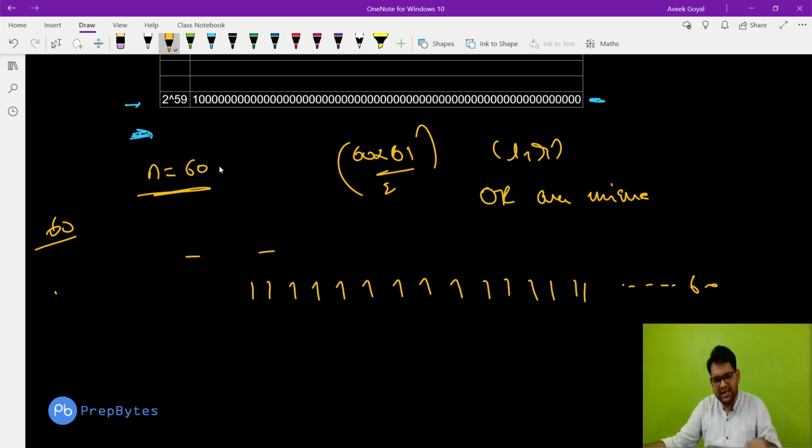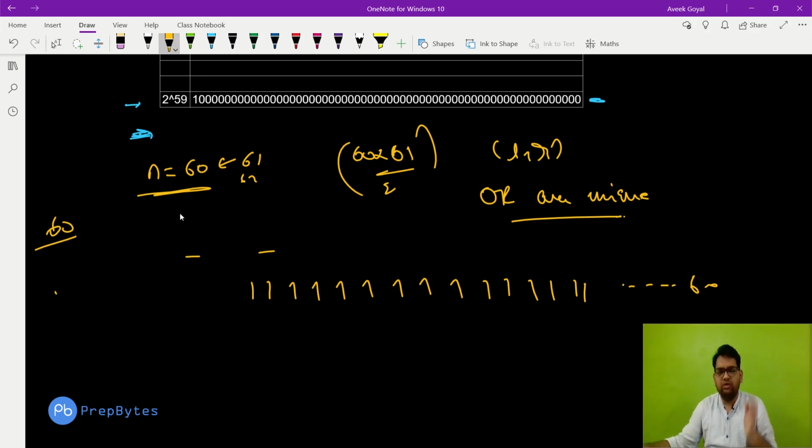Now if I add any number into our set, let's make the length 61, we will not get a unique value. Let's make it 62, we will not get a unique value. We will get some value which we have already seen. We will not get a unique value after this point. So if for our array of length 60 we get all ORs as unique values, and we add any other value, we will not get another distinct value. We are done with it.